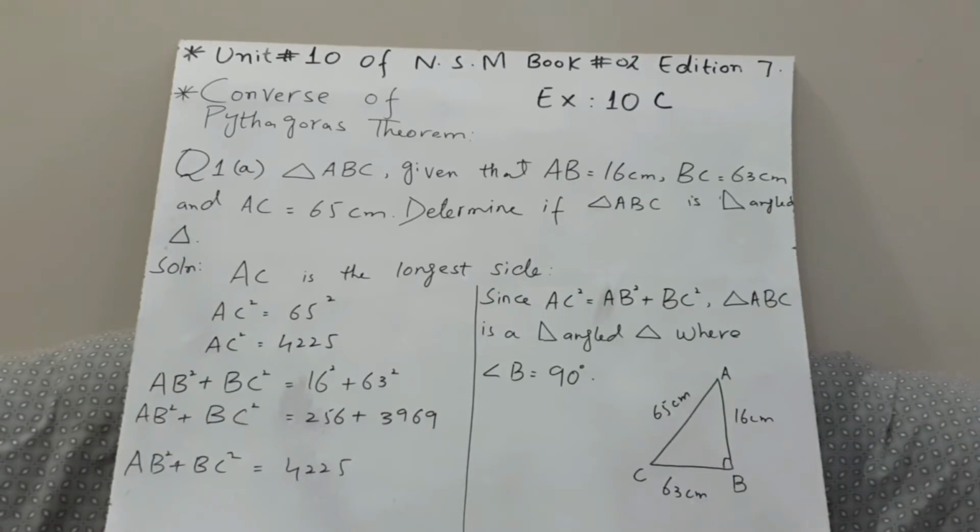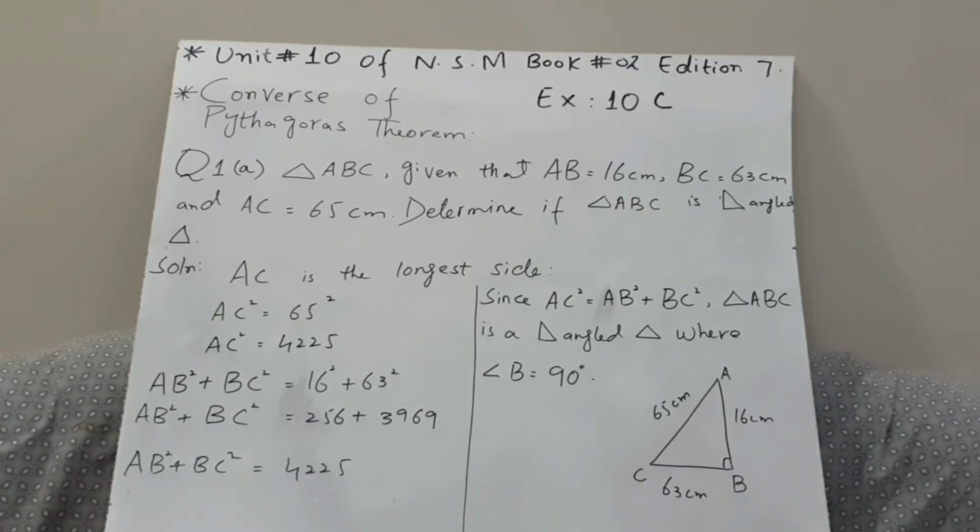So triangle ABC is a right angle triangle, where the 90 degree angle will be at B. So angle B is 90 degrees. You have to draw the figure and identify the right angle. When you are given these three side lengths and asked to prove whether the triangle is a right angle triangle or not,